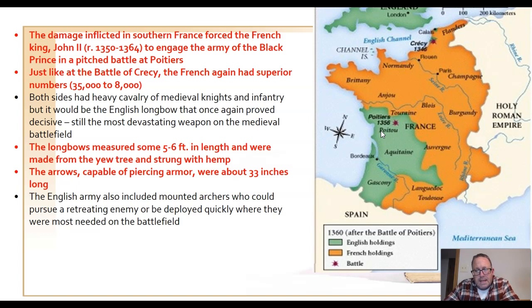And guess what? Like I said, the French hadn't learned their lesson, so they do the exact same thing. They don't change anything up, okay? And neither do the English, because what they had going for them was successful, all right? So like I said, those longbows, 5 to 6 feet long, and the arrows that they shoot, 33 inches long, okay? So almost 3 feet long. So that's a pretty effective weapon. Anyway,